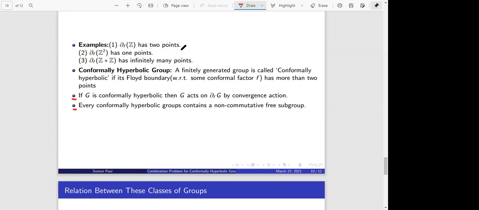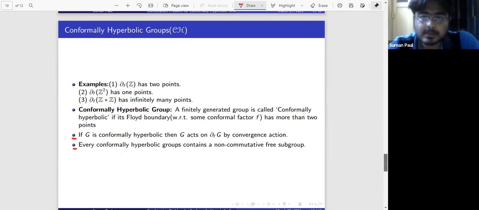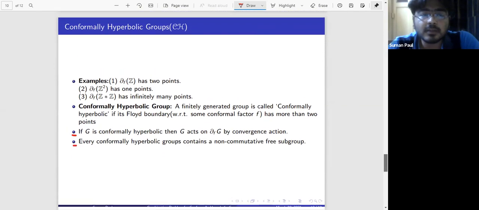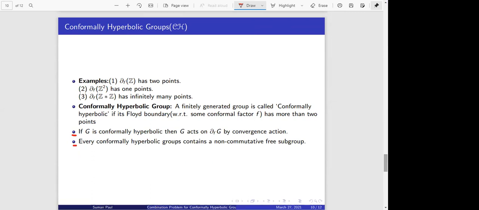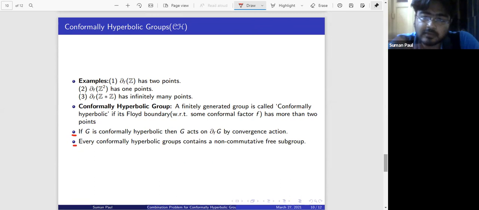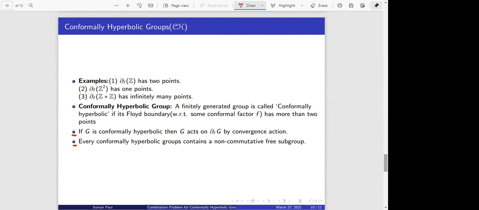No, the Cayley graph is defined, right? For the infinitely generated case also. Yeah, for an infinitely generated group, the Cayley graph will not be proper, because there are infinitely many generators. So the ball of each vertex will be infinite. The degree would be infinite. Exactly. Right. But it's a metric space.